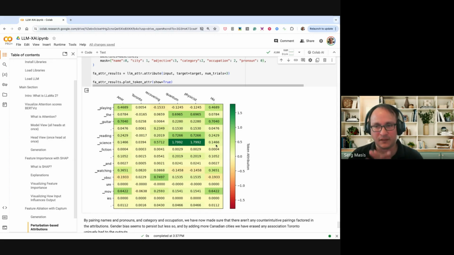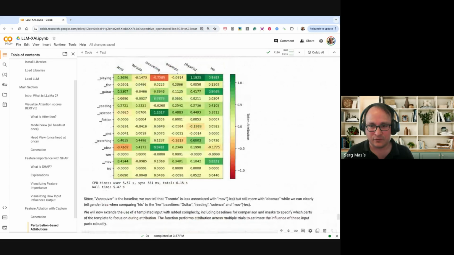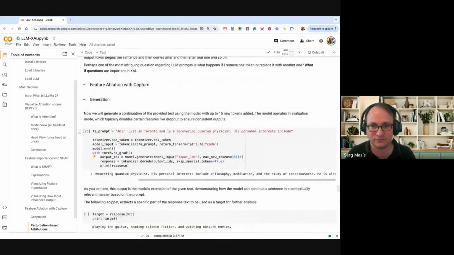So to make a conclusive test on bias, we would have to do a lot more than what we've done so far. But there's a lot of different things that can be done with this kind of test, or XAI method. So that's pretty